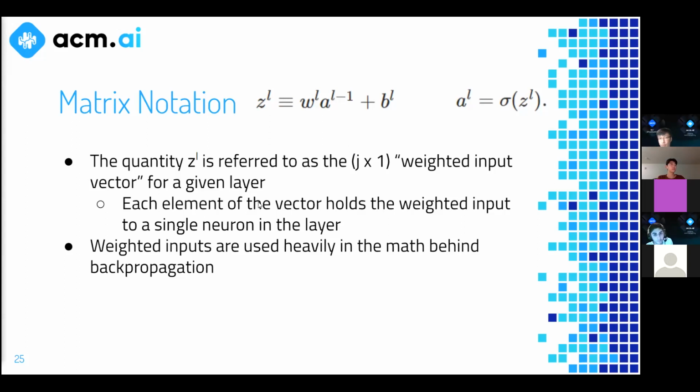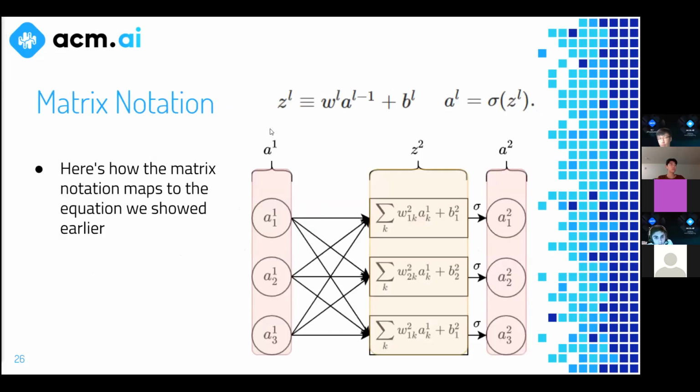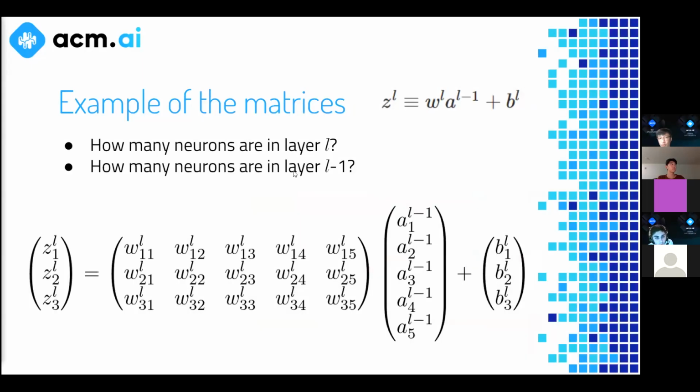Okay. So that's what that means. Now, this is just that same visual we showed you guys before, showing how this kind of weighted input is playing into it. So yeah, it's just the value before you pass it to the sigmoid. Simple enough.